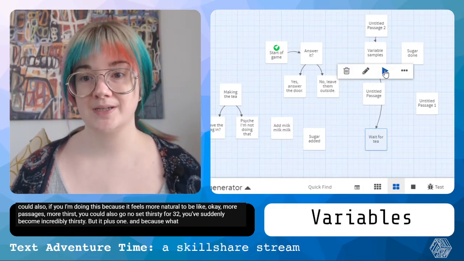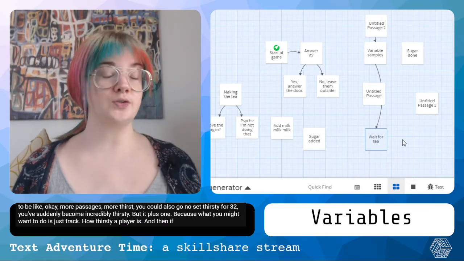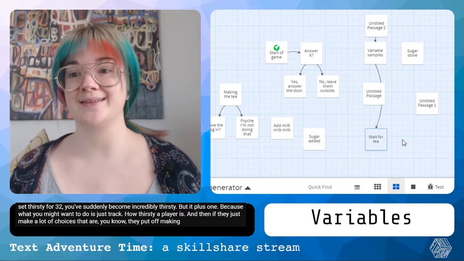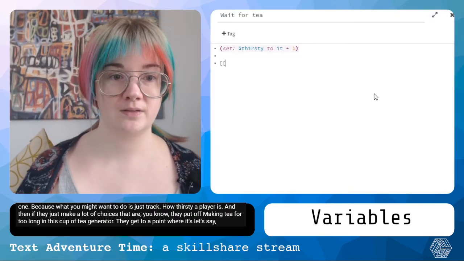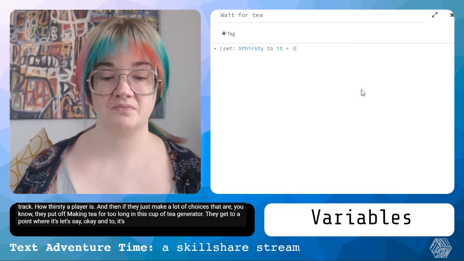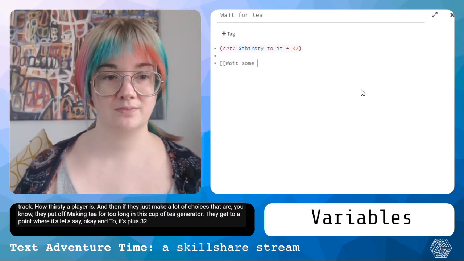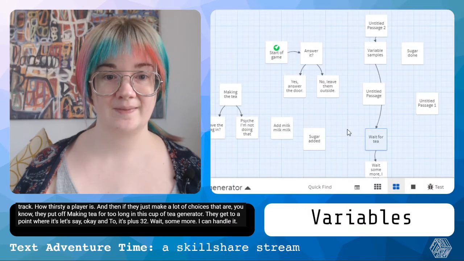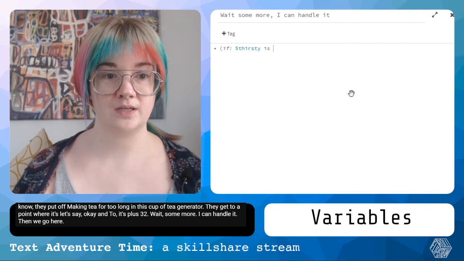Because what you might want to do is just track how thirsty a player is, and then if they make a lot of choices, they put off making tea for too long in this cup of tea generator, they get to a point where it's, let's say, okay, to it plus 32. Wait some more. I can handle it. And then we go here. If thirsty is